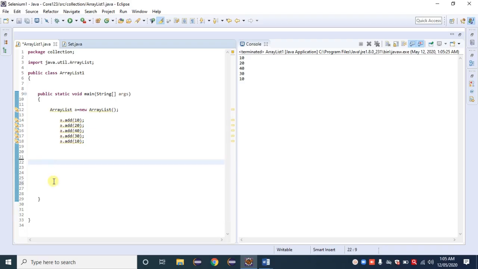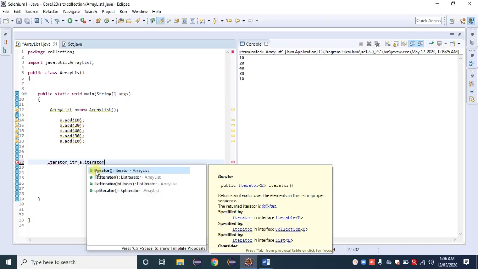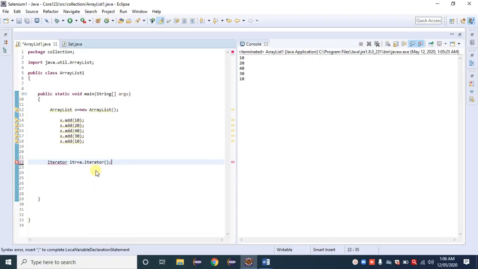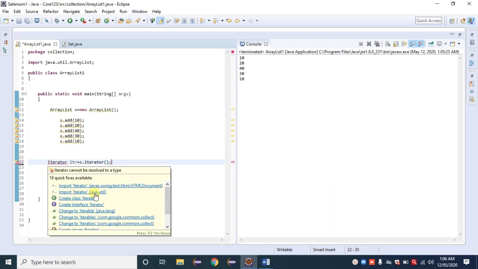For using a while loop we use an Iterator. Iterator is an interface. For the reference variable name I am giving itr, equal to, so I need to iterate a list, that is the ArrayList having variable name a. So a.iterator() method, semicolon. Take the cursor on Iterator, import that one, import from java.util, always keep that in mind.